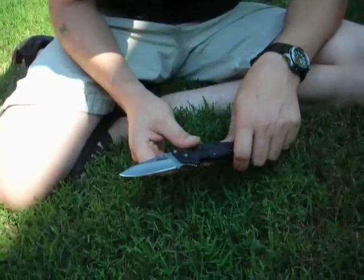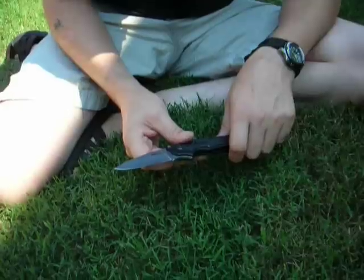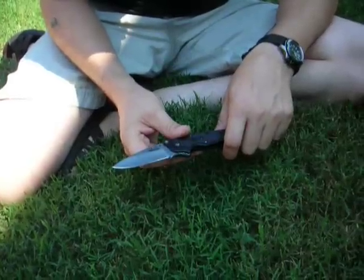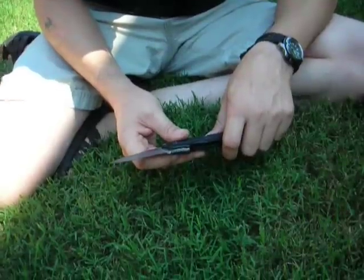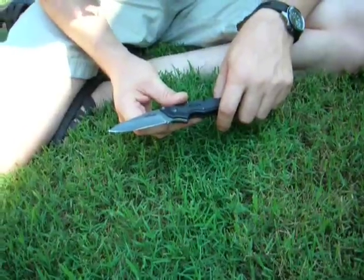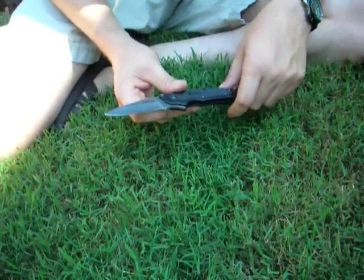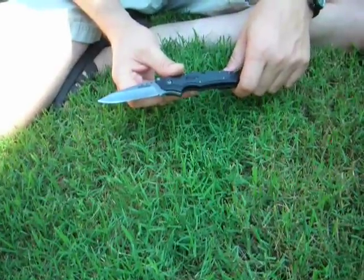has just over a 3-inch blade. If I remember correctly, it's 3 1/8 inch. It's made of 13C26, which is Kershaw's Sandvik steel that they use on a regular basis. I have not been the biggest fan of this steel since it was introduced, having tested it on a few knives. Over time, though, I've come to the realization that as long as you keep using it within its limitations,